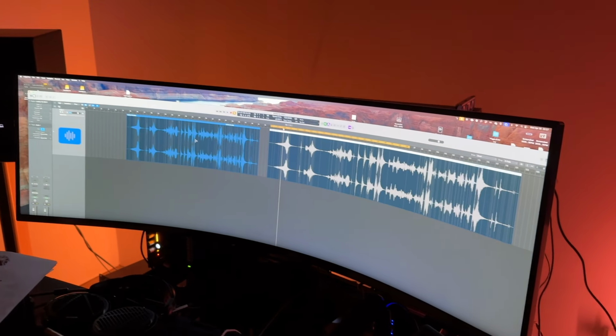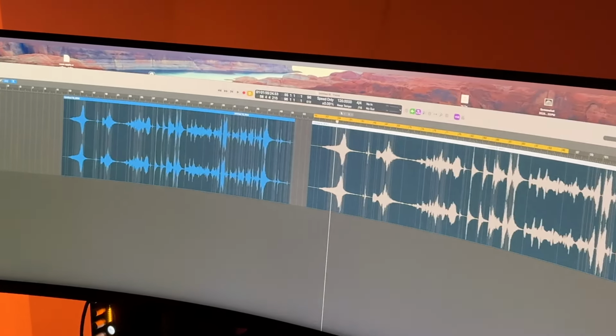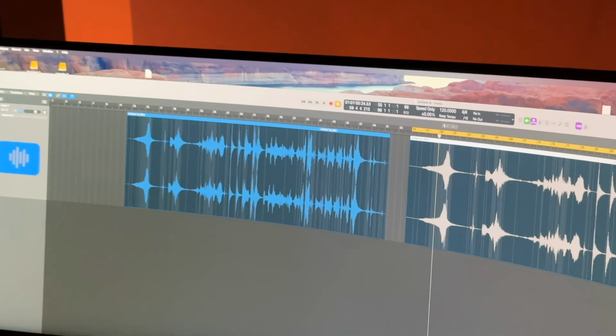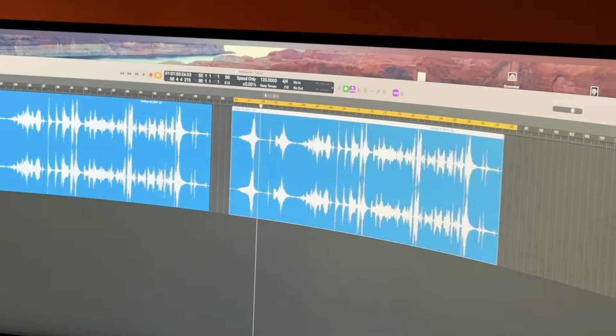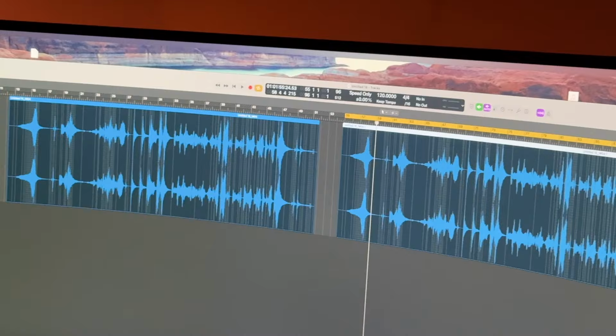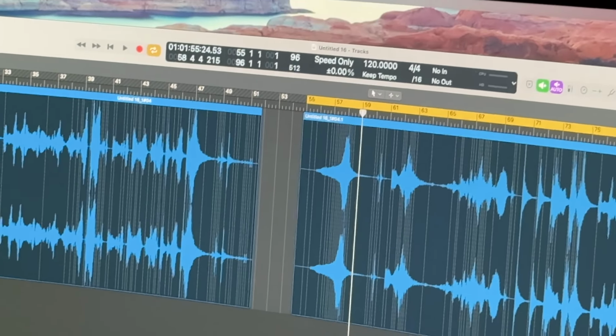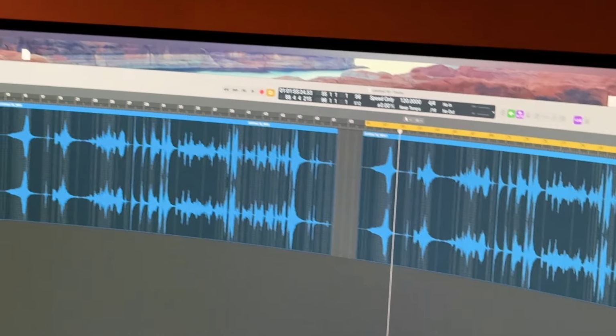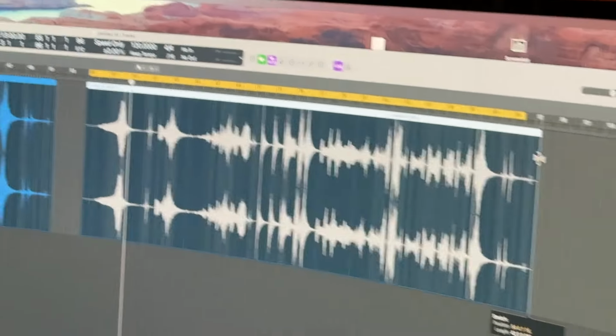So okay, hold on. First of all, how have you set up this Logic project? Basically, this is just a stereo pair at 96K. There's nothing else going on here. Okay. And all I'm doing is enabling the time stretching algorithm to speed. What speed is going to do is essentially slow the playback down. Okay, so this would be flex time in Logic? Yep, and it's just going to speed. So like we have,